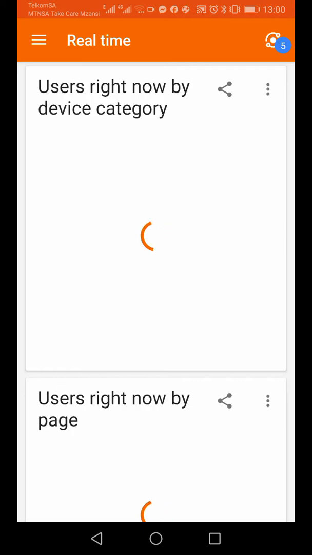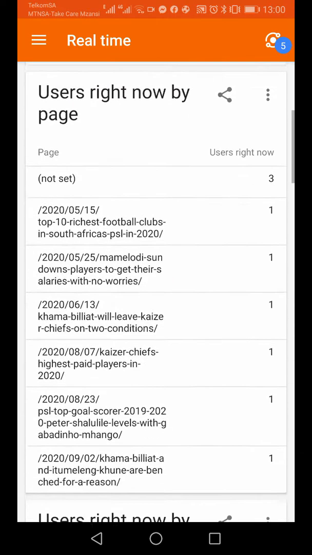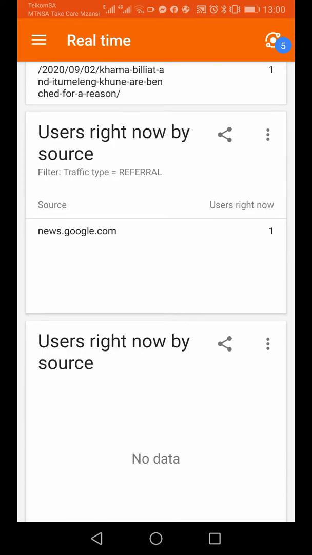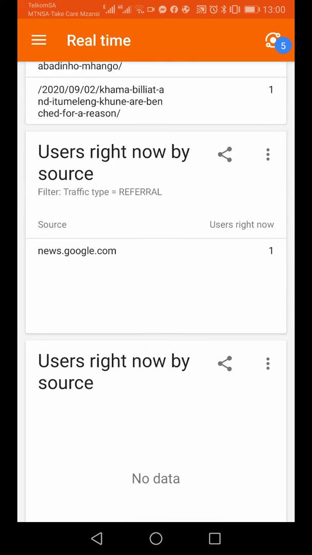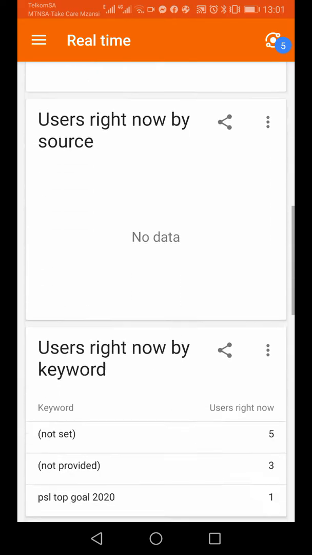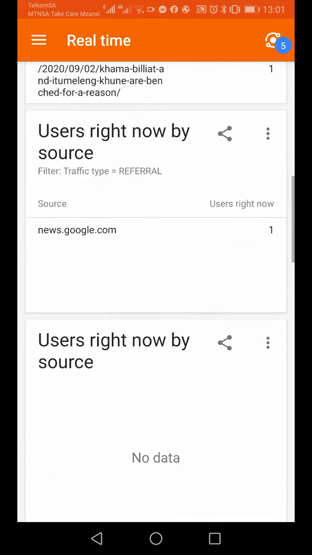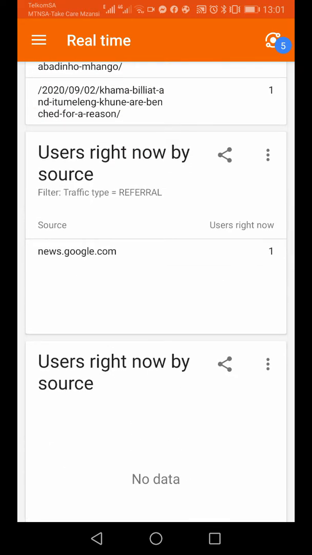and scroll down here. You go to analytics, you can see all these pages, but now you can see there's one person on news.google.com. So that simply means you have one person from Google News. That simply means one of your articles has been selected and displayed in Google News. And if this person goes away, they're going to show you that